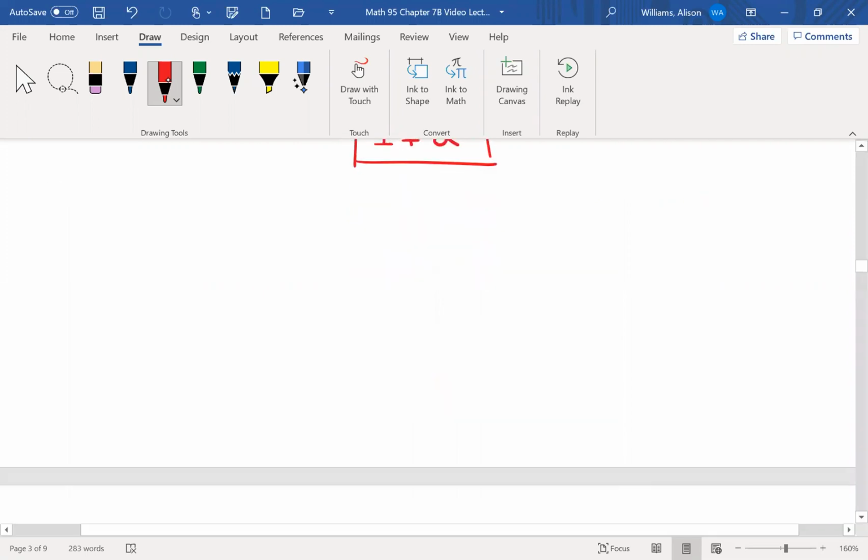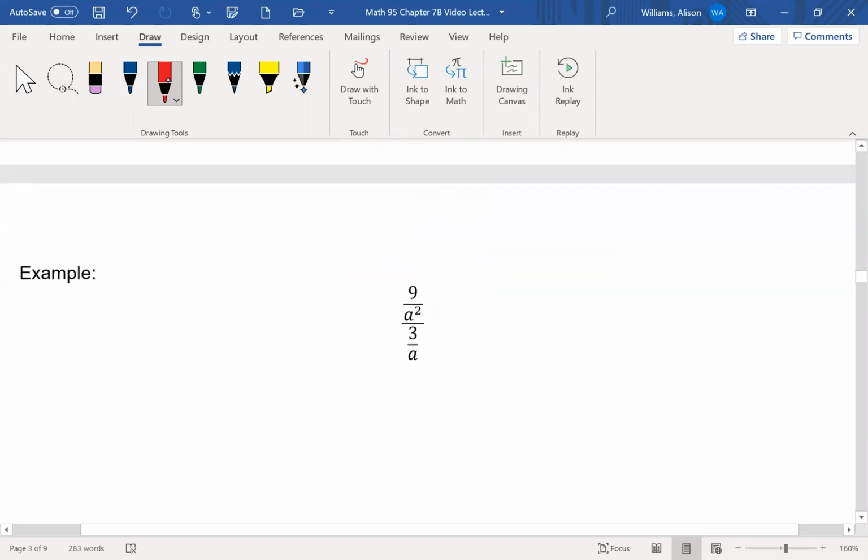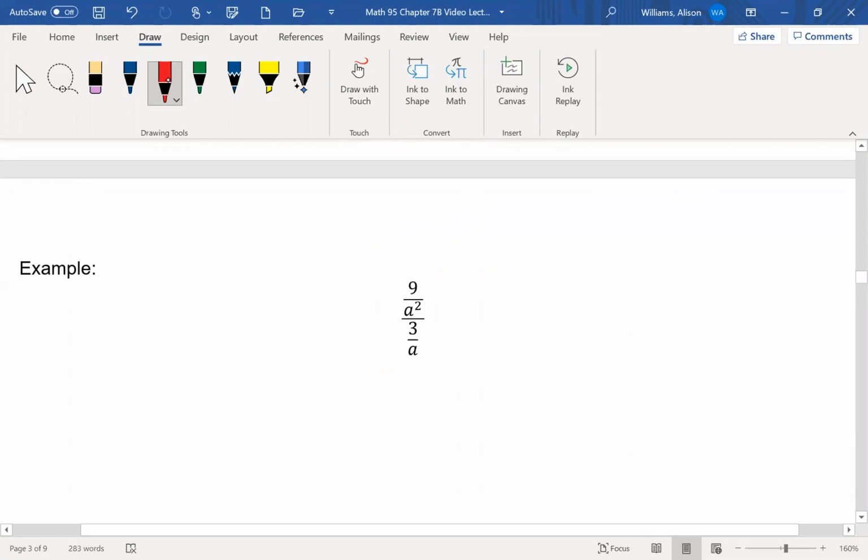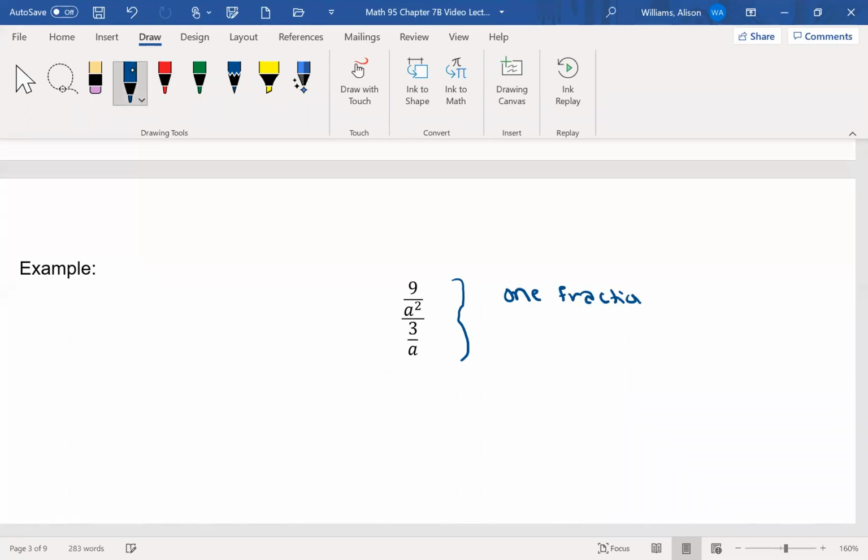Okay, let's try it again. Now this is the only one that's different. You'll notice there's just a fraction in the numerator and a fraction in the denominator. So here's what makes this one different. When we have one fraction in the numerator and the denominator,